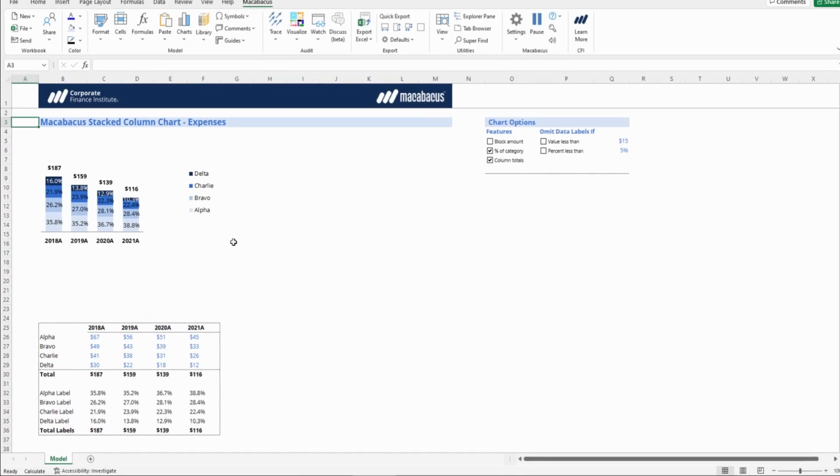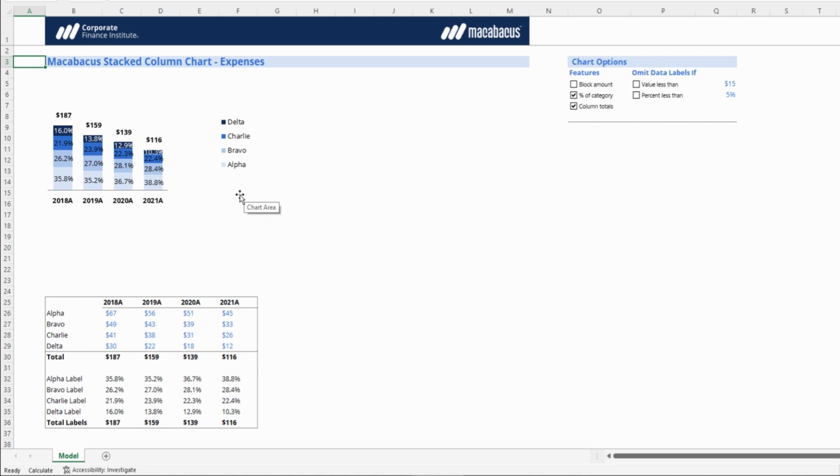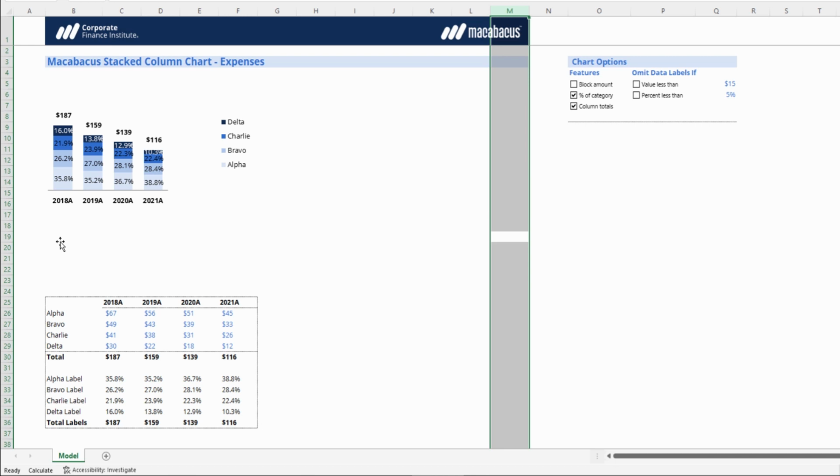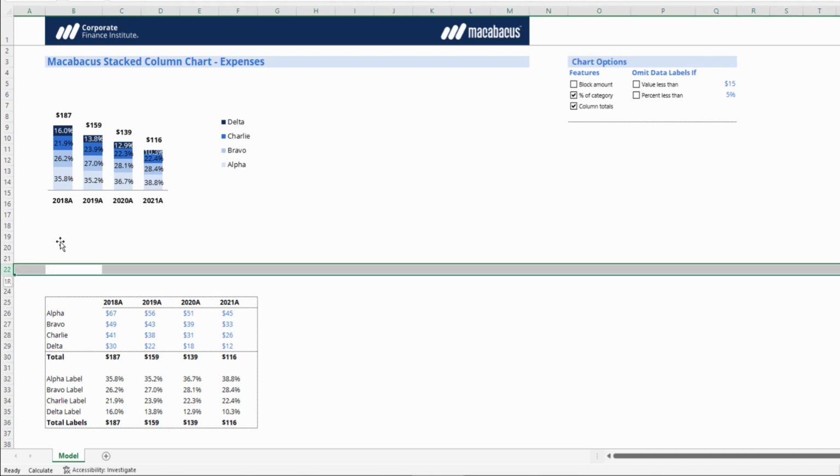Here we have a stacked column chart, and we can see it needs a little bit of work as far as sizing goes. It could be wider. It should probably go up until column M to take up more available space. And it could also be taller. It could definitely go down to at least row 22 or 23 so that the data has a little bit